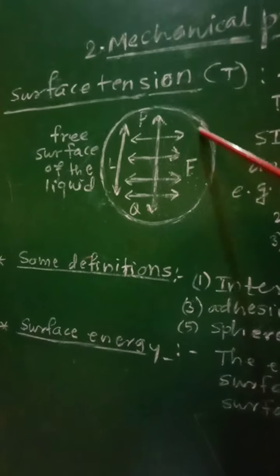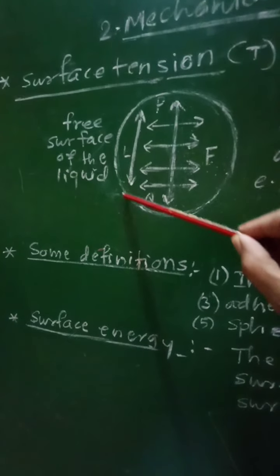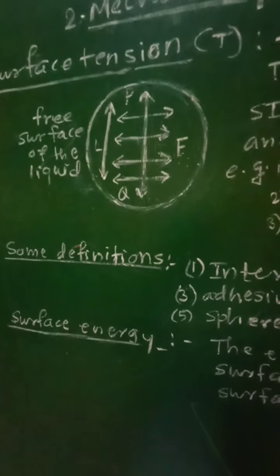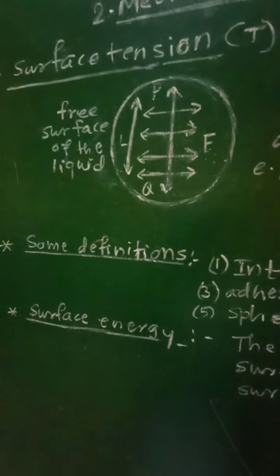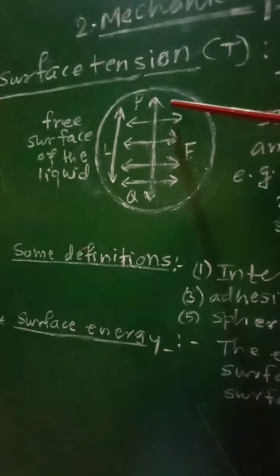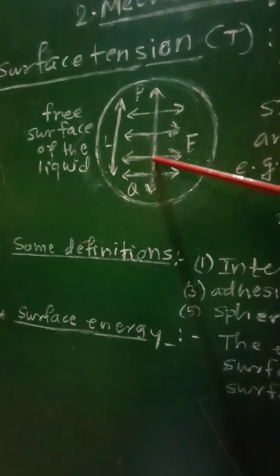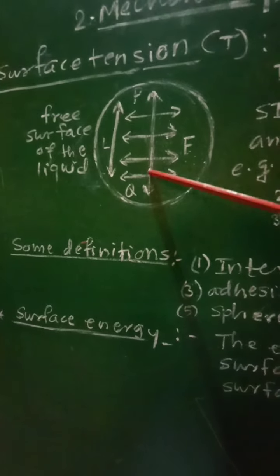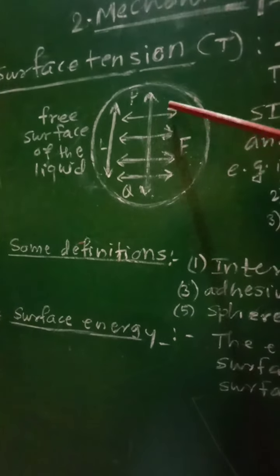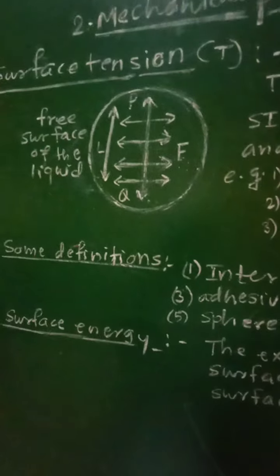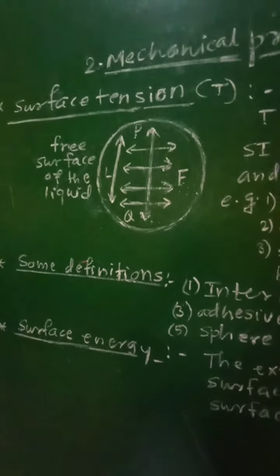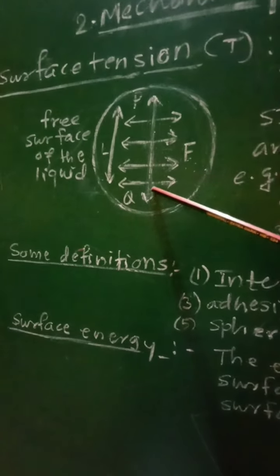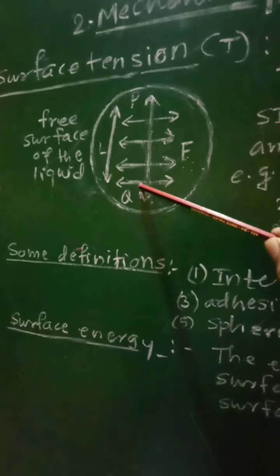liquid. So this circle will represent the free surface of the liquid, that is, the top surface of the liquid when that liquid is at rest. Let us draw an imaginary line PQ on the free surface of the liquid, which is tangential to the free surface of the liquid. At that time it is observed that every molecule on this line will be acted upon by equal and opposite